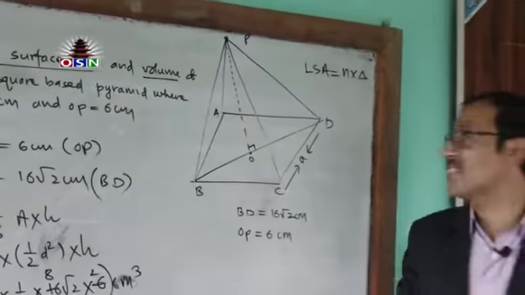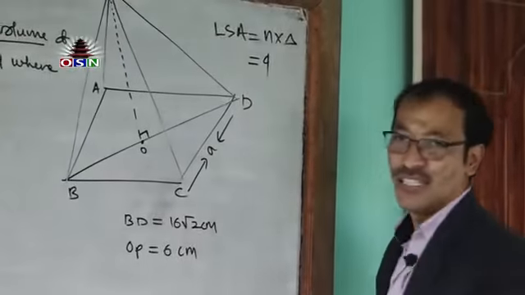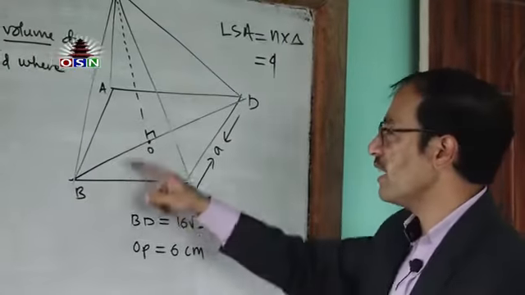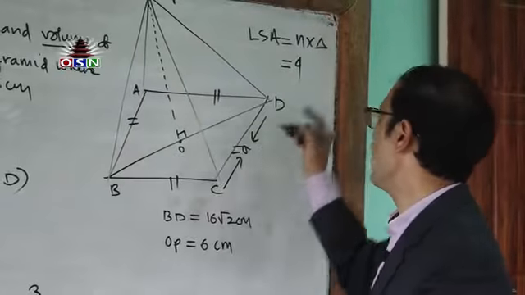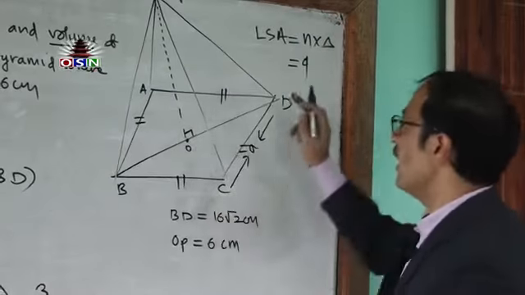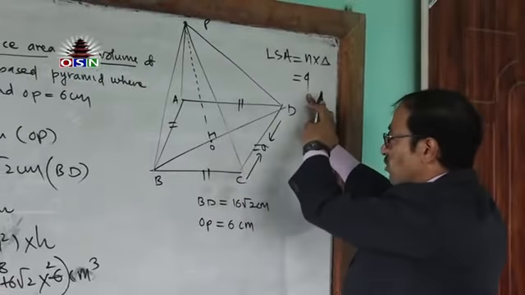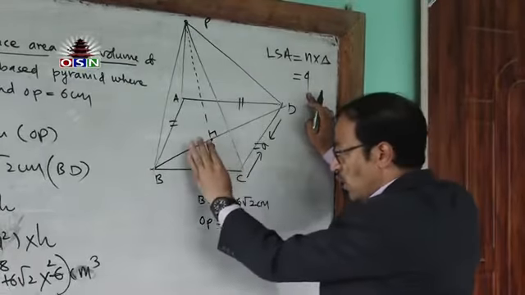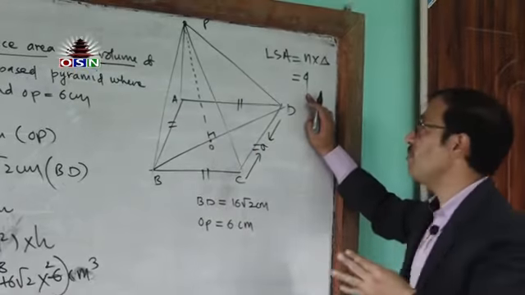Conceptually you have to understand some facts. We know how many sides there are: 4 sides. So 1 side, 2 side, 3 side, 4. All these sides are equal in this case, so we are using this formula. There are 4 sides, so we are writing 4 here. If there are 3 equal sides, we write 3. And if there are 7 equal sides, we write 7, in case of a right pyramid only.